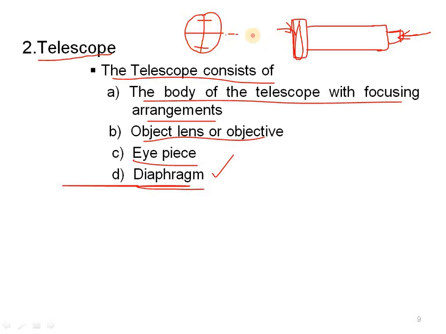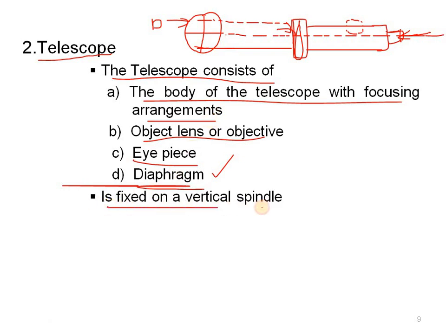This center line will be in the center of the telescope. These lines are there in the object glass. You can see these lines in the object glass clearly when you focus the screw. When we focus the screw, we can see this object glass lens. This portion is called the diaphragm. Name it as D.